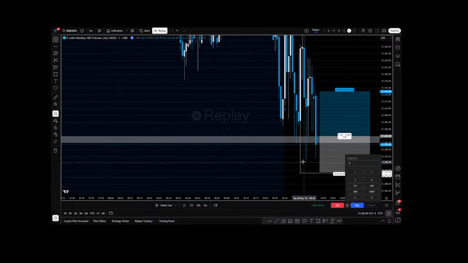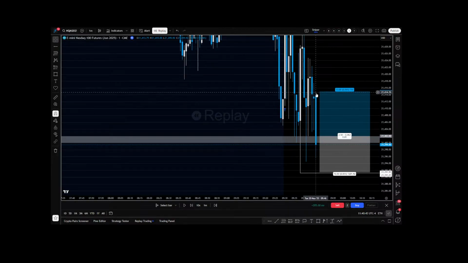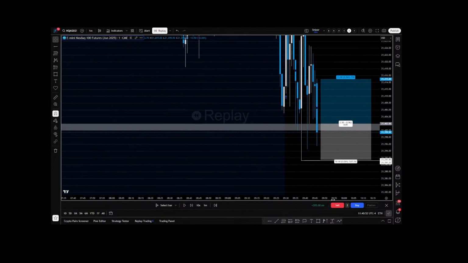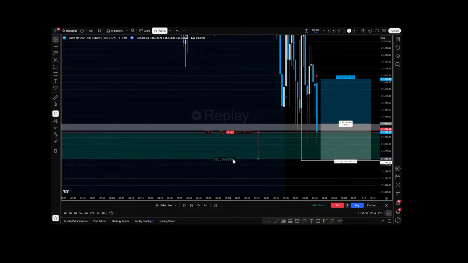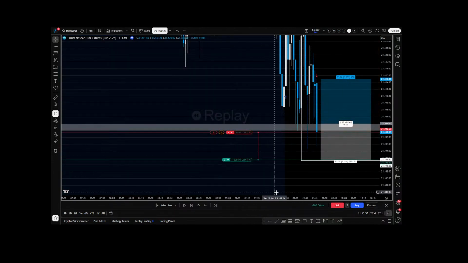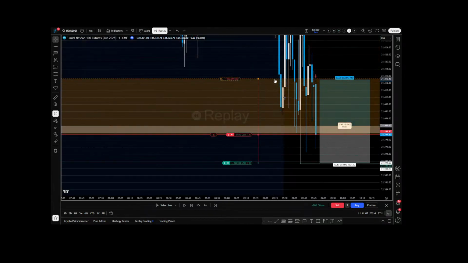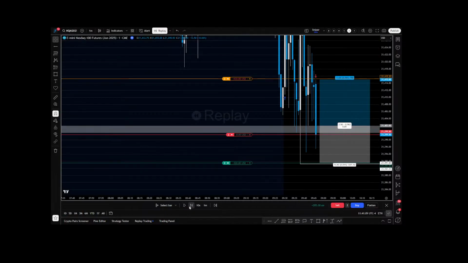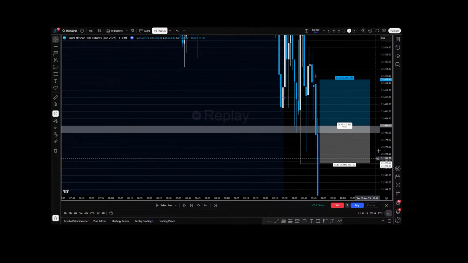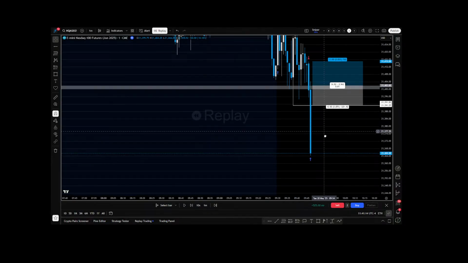We'll enter now, but it would be a limit short at the high of this inversion. Stop being at the high of the inversion candle itself, protected by this volume imbalance and this order block, and then TP just before low of day there. And I always put my take profit orders a tick or two before the point of interest that I'm targeting, just for the sake of being filled. And beautiful. Huge sell-off there.